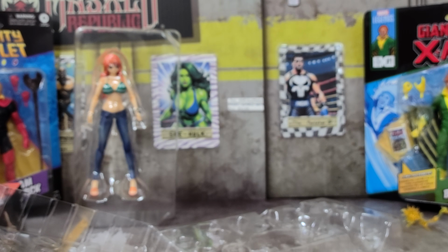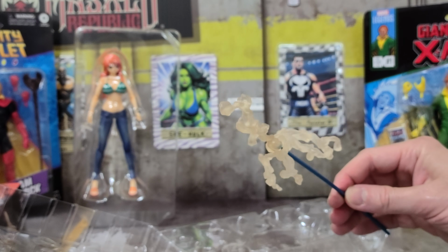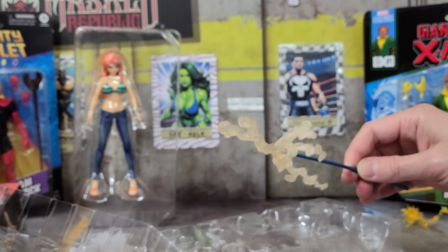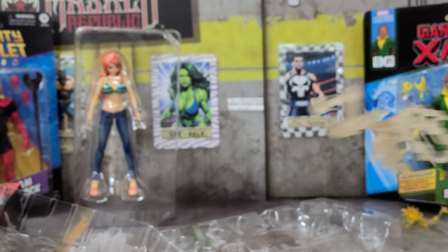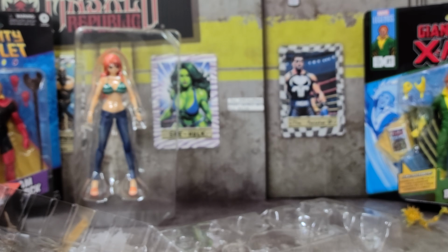Okay, maybe, well, you know what? I can't really get it better. I thought I could get it on there a bit better, but yeah, it's very similar to what I just showed you before. So, looks like at some angles you're going to see the staff through more. Okay, anyways, that's okay for the accessories. Let's move on to the